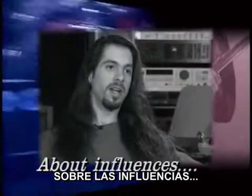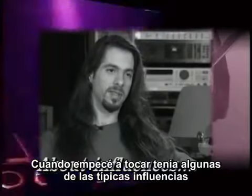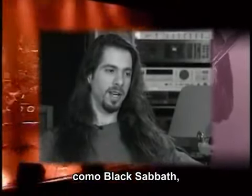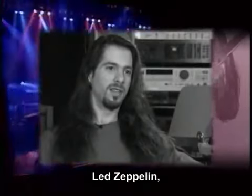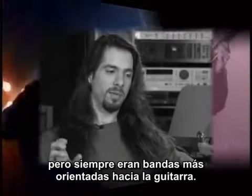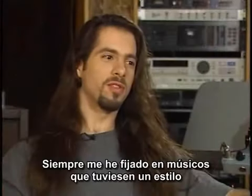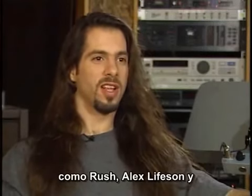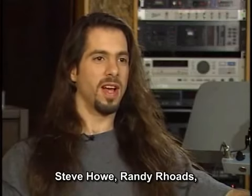When I first started playing, I probably had some of the same typical influences that kids my age had. It's like Black Sabbath and Zeppelin and The Who and Iron Maiden, and then I started to get more drawn towards the guitar players. And as I played more, I was drawn to players that really had unique style. I was really into Rush and Alex Lifeson and Steve Howe with Yes, Randy Rhoads, and then I finally discovered